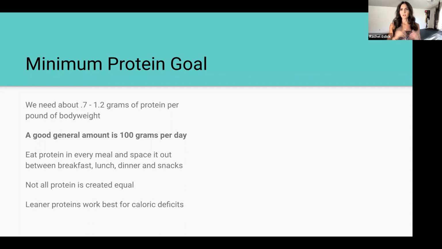So sometimes when we talk about like, this food has good macros, what does that mean? In general, having good macros depends on your goal, but I think for a lot of people, it means it's lower in calories and has a good amount of protein and not a ton of carbs and fat relative. Leaner protein is going to work best if you're trying to be in a caloric deficit or in an energy balance. So eating more chicken, less bacon or sausage or pepperoni, for instance.